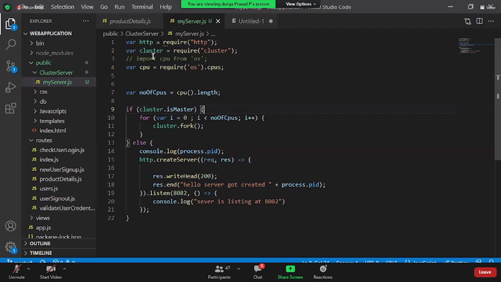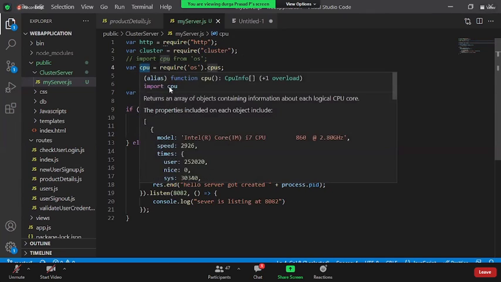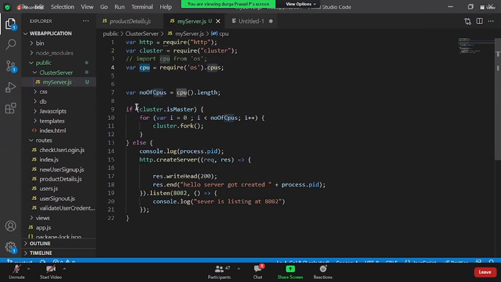So in this piece of code, we are using the existing cluster module. Before that, we are identifying the total number of CPUs. And now I'm saying that the copy I'm going to create is the master one. If it is the master, how many CPUs do I need to create? 4. That is what I'm saying, cluster.fork method.